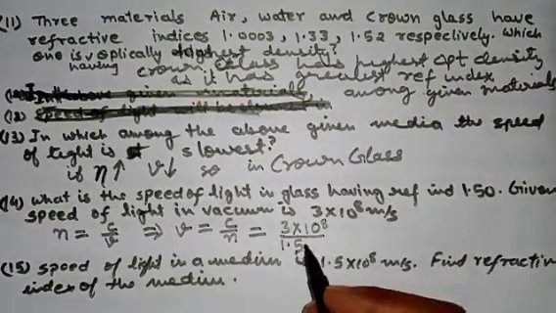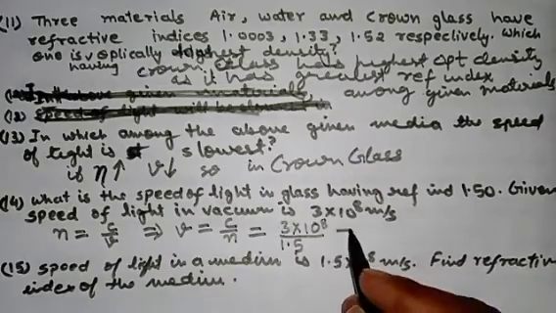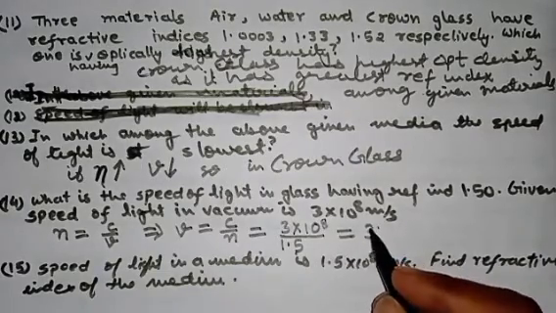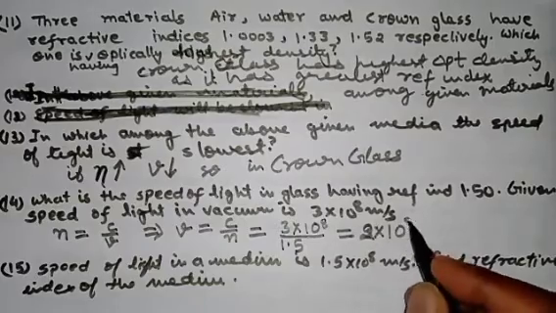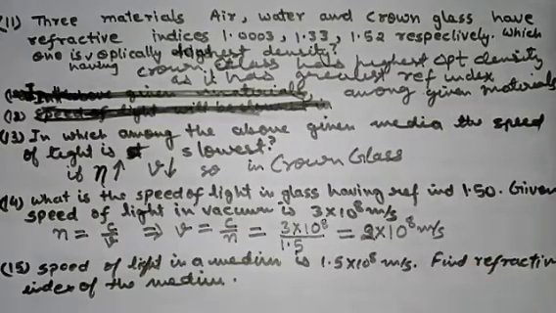1.50, the 0 is not required, so 1.5, I'm leaving it till here. So 1.5 times 2 is 3. That's all. And next,